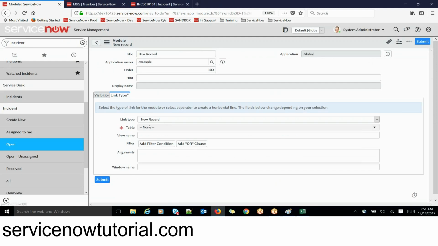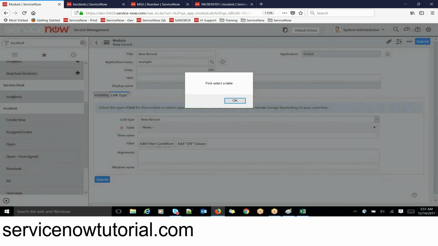Okay, and similarly, if it is a new record and you want to add some filters, I don't think you can add filters for a new record. But if it is the list, yes, you can go ahead and add the dynamic filters like assigned to me. So whoever logs into the system, we want to list the records which are assigned to that particular individual. So in those cases, you can add the dynamic filters like